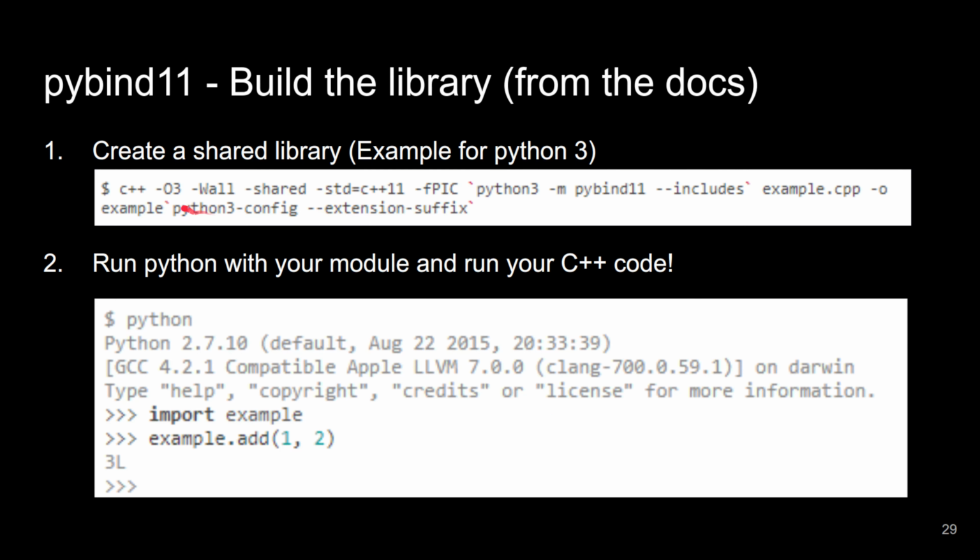Now the rest is about how you create a shared library, and here's the example for Python 3, and this is something that I've recorded a few videos on. If you do want to follow along and actually try this, if this is inspiring for you, then this is the compilation, and this is building a shared library for that example project, so that when you're within Python, you can import this example module and then do example.add, and it's calling your C++ library and performing the add here in Python, which is pretty cool. I think this is a really cool idea.